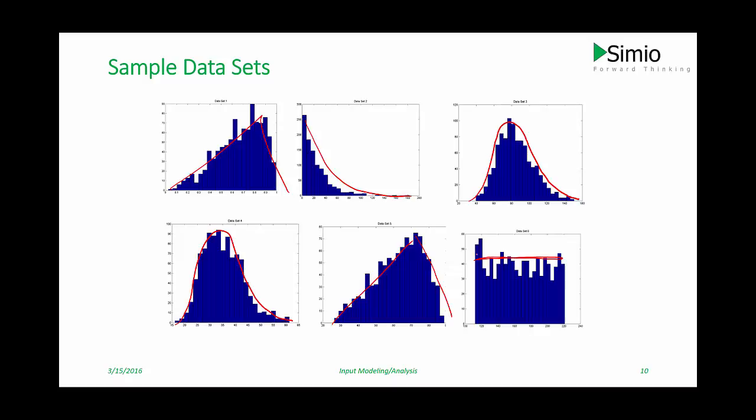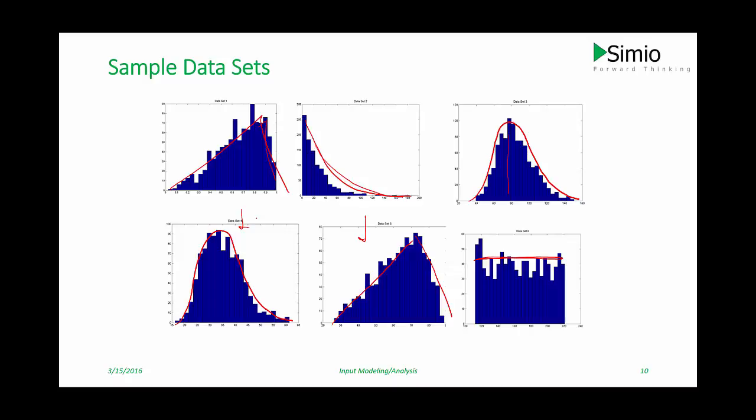We're looking for symmetry, or the opposite of skewness. So we can look at this distribution here and see that it's fairly symmetrical as opposed to this second one, which is highly skewed. This one and this one, data set 1 and data set 5, are also skewed. Data set 4 appears to be skewed, not quite as much as some of the others, but clearly skewed. So we're looking for the skewness